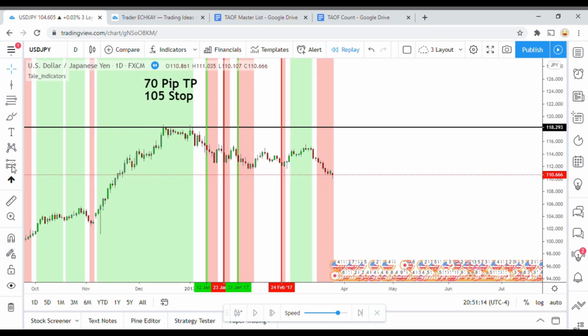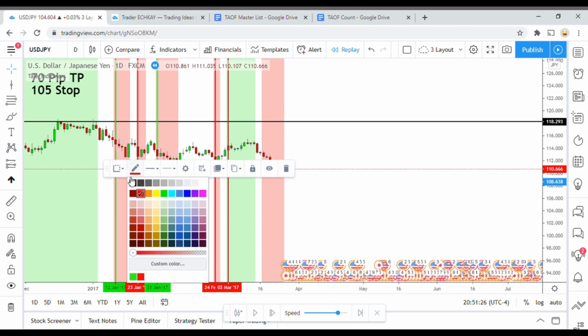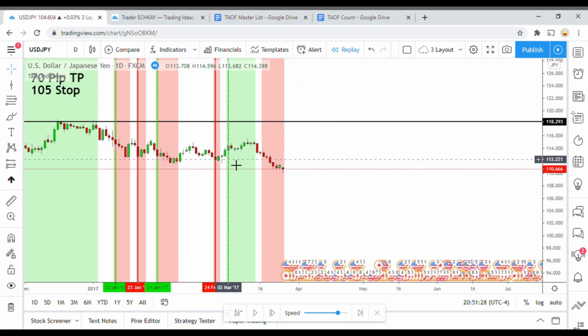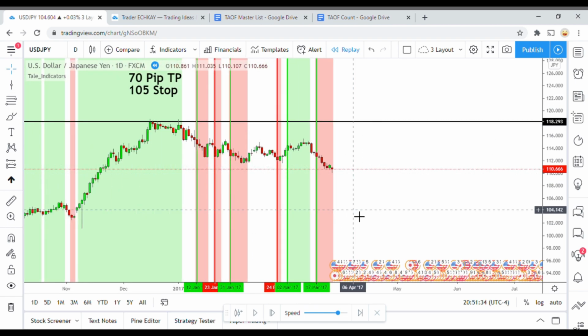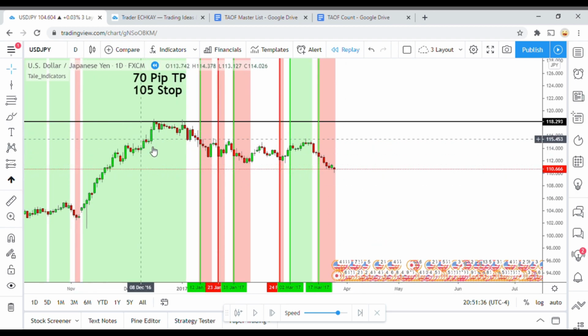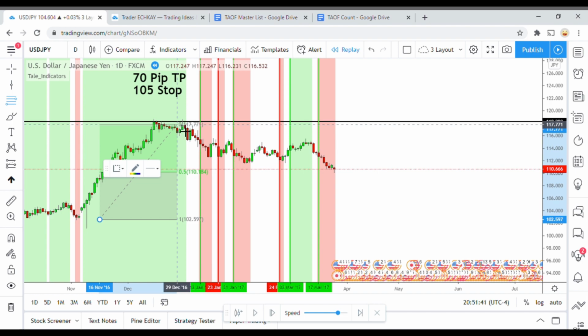We picked up a long signal there on that one. That one did work out for us. Then another short right here. That one also worked out for us. This looks to be right about the